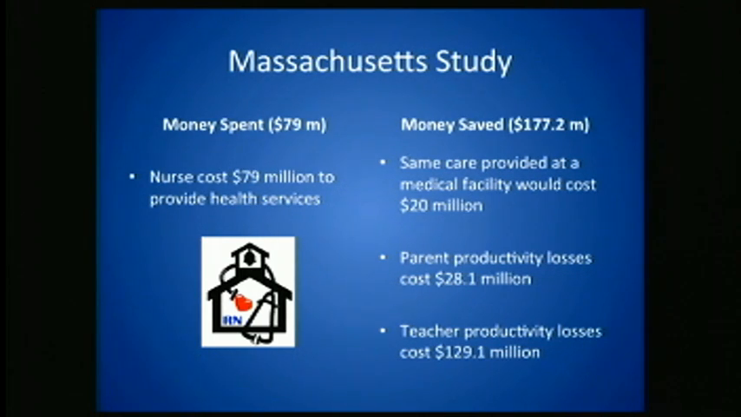They also added in the amount of money saved in parent productivity, which meant they had to come to school to pick up their child or bring them home, or left work to care for a child, which was $28.1 million. And the direct benefit to the school was a savings of